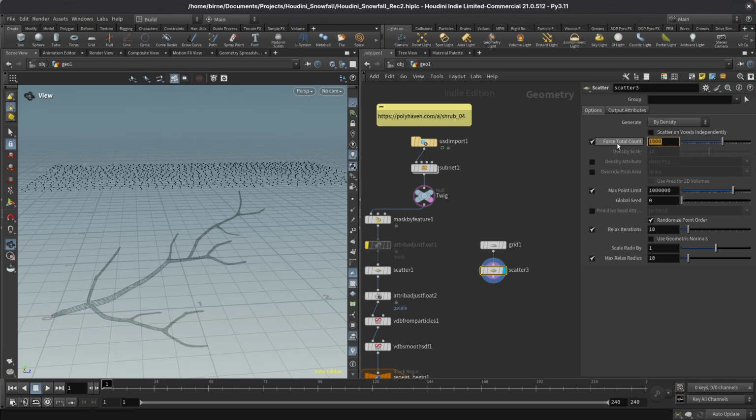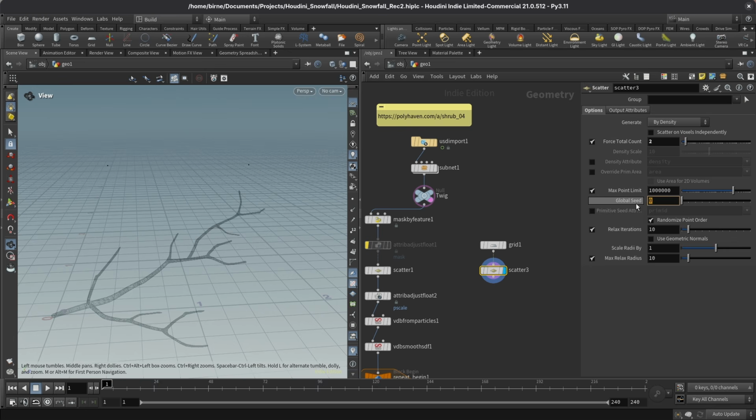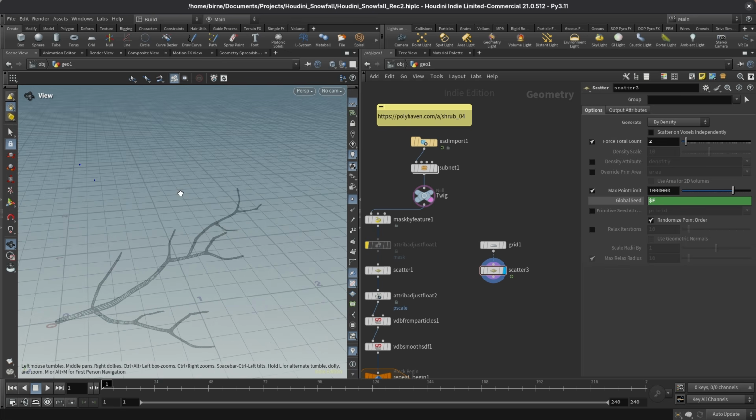And in here I want to force the total count to 2, just 2 snowflakes per frame. And I want to change the global seed with each frame. So let's write a $F in here and let's turn off the relax iterations. And if I turn on the point display here and jump through my timeline, every frame I get a new starting position for each snowflake. Now, this is the physically accurate way of getting snowflakes. However, this is not a particularly interesting way of getting snowflakes because a ton of those snowflakes will just miss